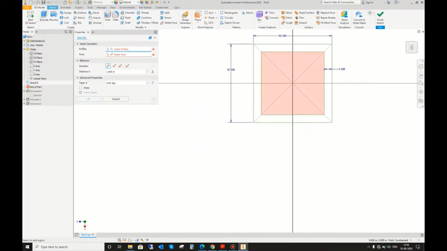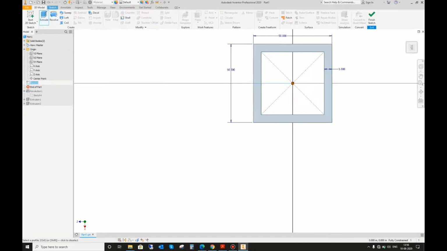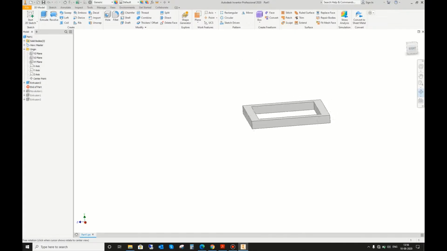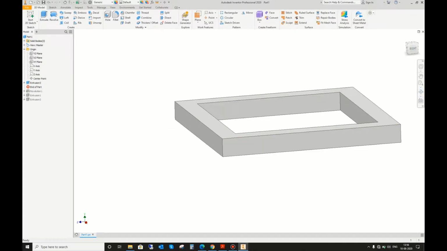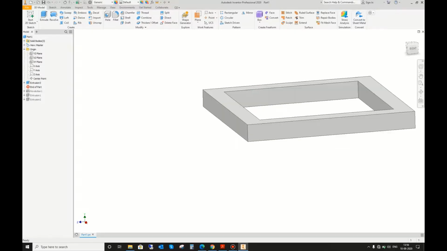We'll use the extrude feature. Since we can select multiple profiles, we will select the outer profile. We will give its height to be 5 inches. So this is a rectangular part or a plinth, and this is just an example, because sometimes the profile will not be rectangular.